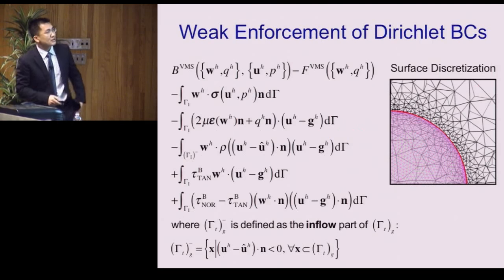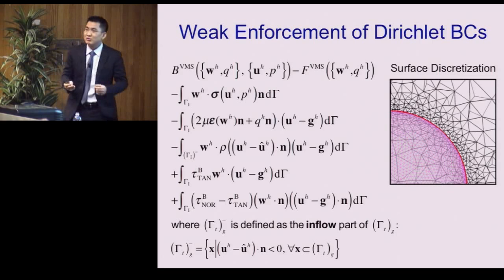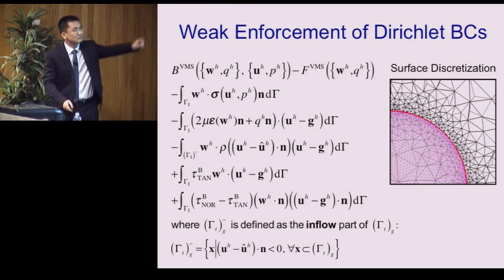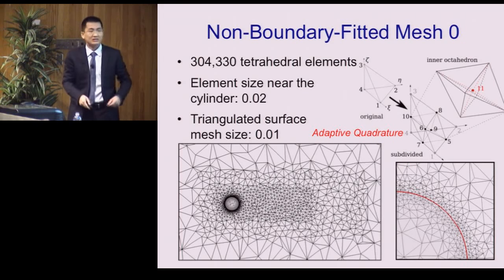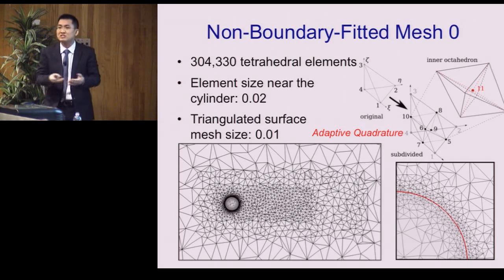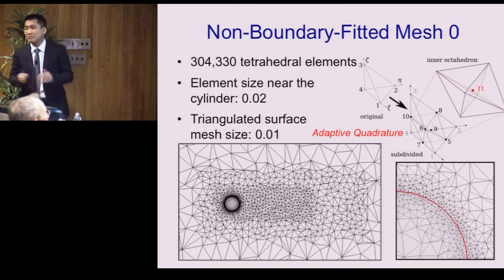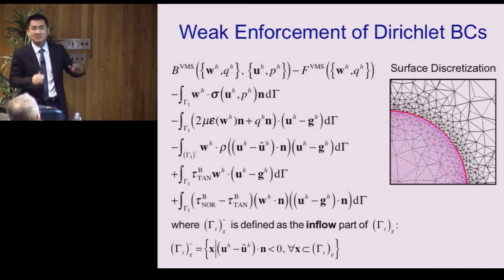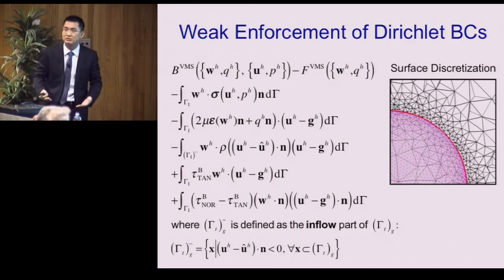boundary. So for this non-boundary-fitted approach, there are several issues. Okay, the first question is, now we don't have the degrees of freedom on the structure surface anymore. We don't have the degrees of freedom there anymore in the fluid mesh. So how do we enforce a Dirichlet boundary condition? For example, a no-slip boundary condition. I want the velocity on the surface to be 0. How do I enforce that? That is actually the first thing almost everybody dealing with immersed methods needs to figure out. The traditional immersed boundary approach is that you can build a forcing term to try to push the fluids